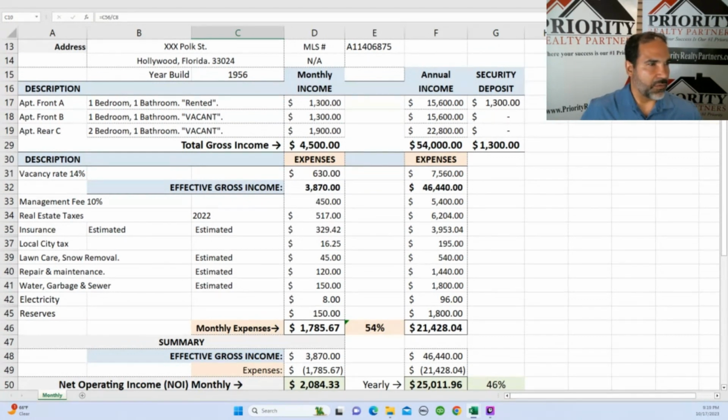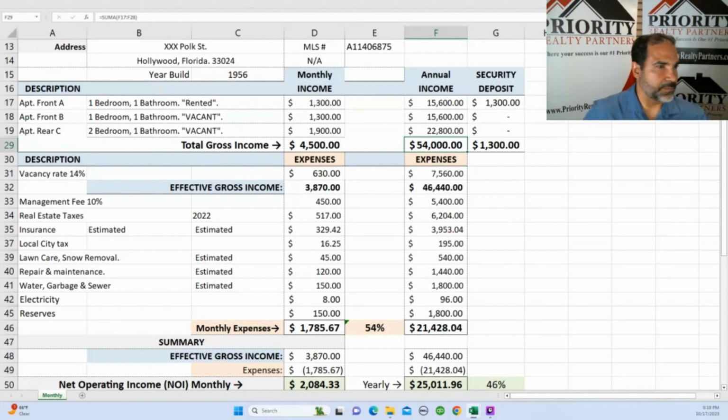Now, over here, let's come to the income. I left the 1-bedroom that is already rented for $1,300. That tells me that the rate for the 1-bedroom apartment is already established because they're already getting paid that amount. So I'm going to leave the vacant unit at the same amount. Now the 2-bedroom, I don't think I can rent it for what the realtor suggested, but I believe I can rent it for $1,900 a month. That gives me $22,800 a year, and all three,